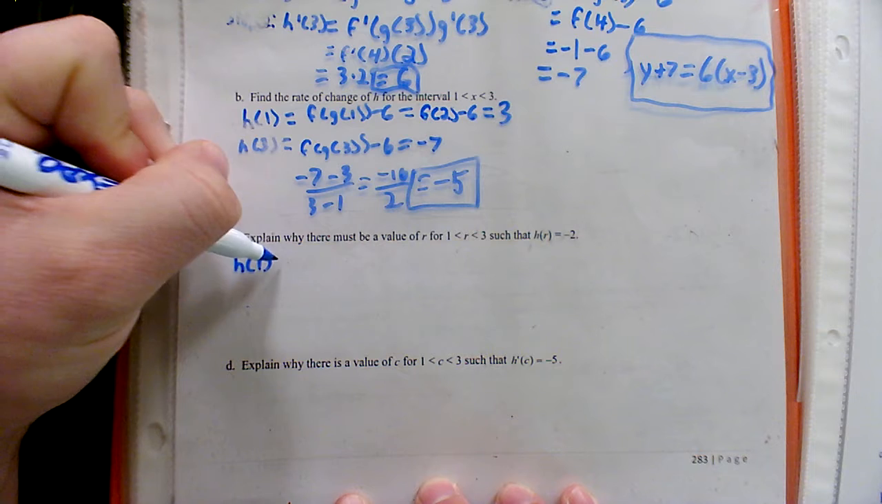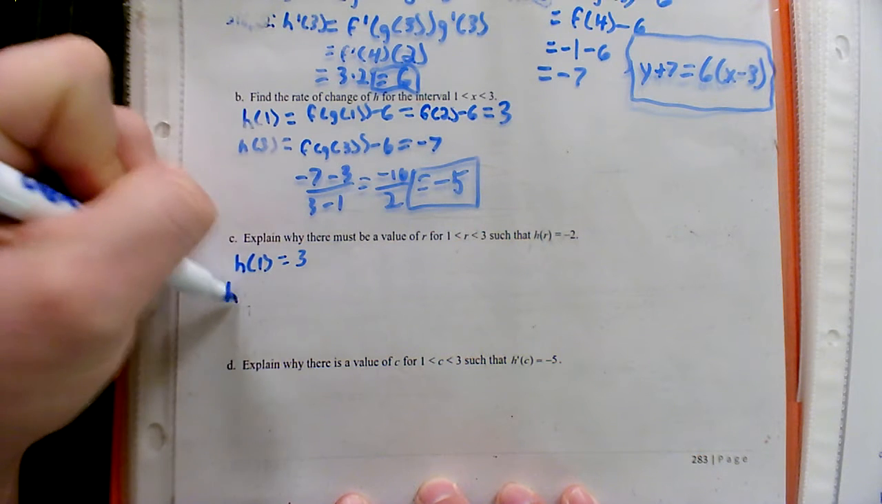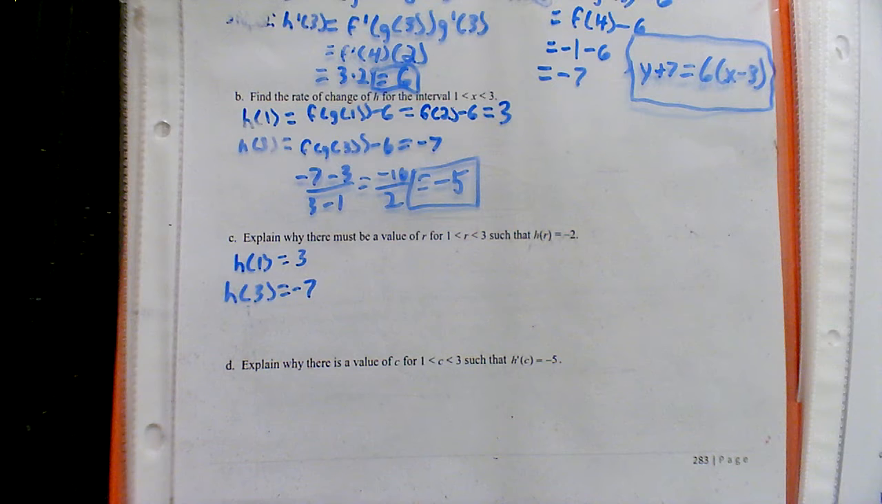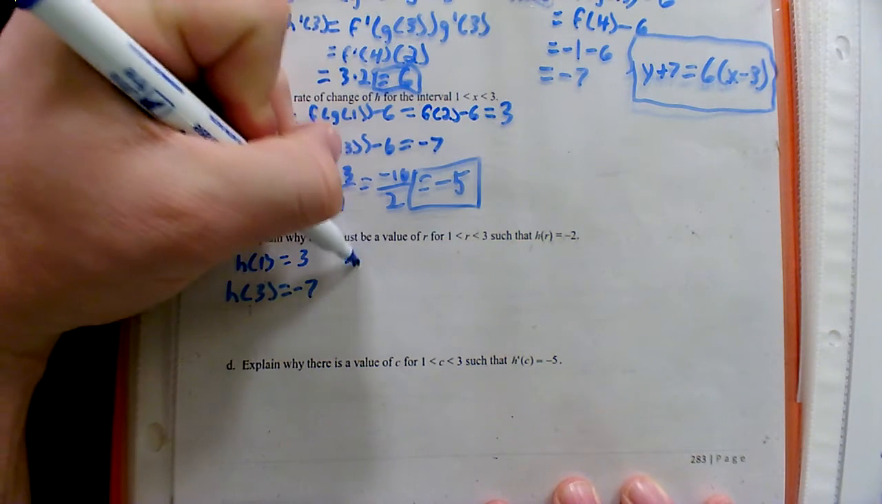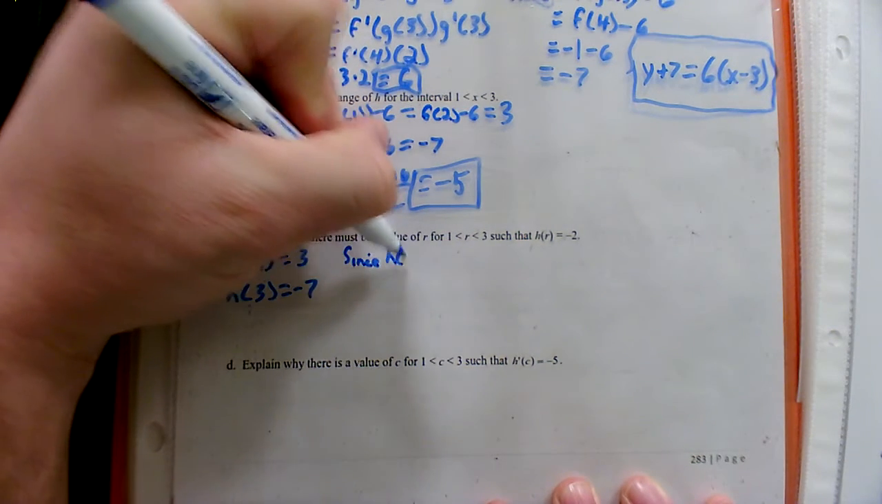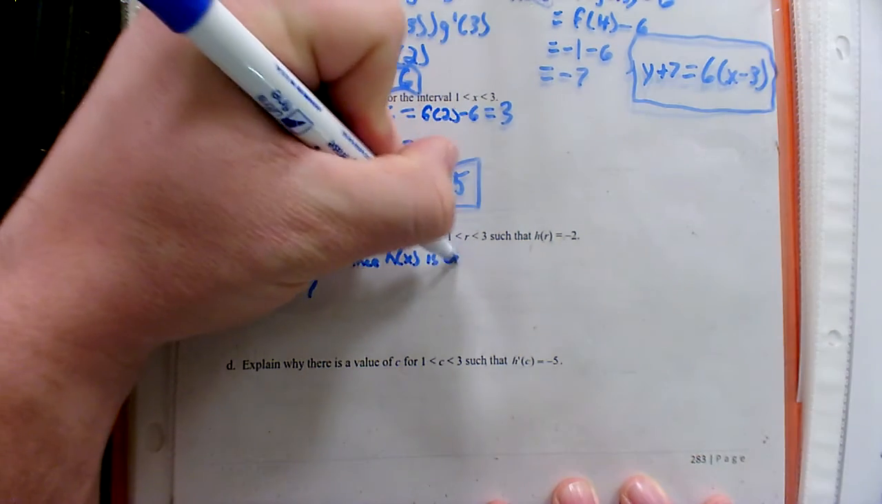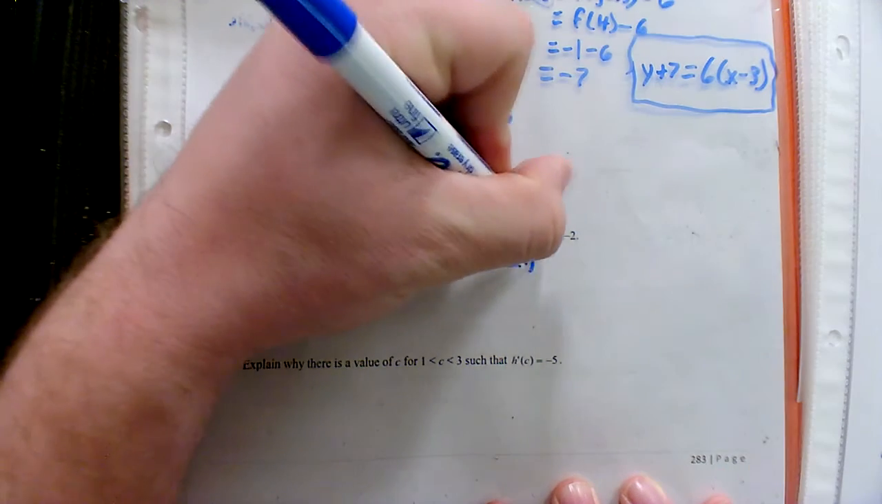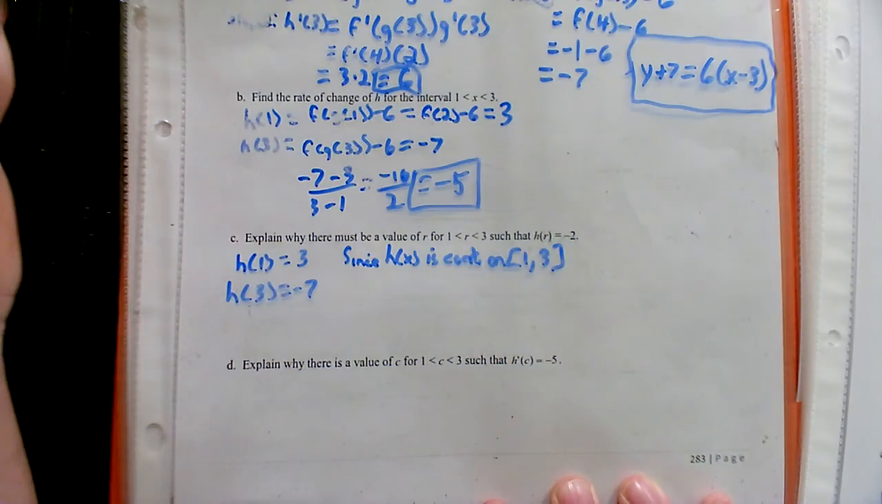So if we think about h of 1, we found that that was 3. And if we think of h of 3, that was -7. So in terms of your endpoints, we're thinking about those two y values that we already found. And he mentioned it was continuous. So since h of x is continuous on the closed interval 1 to 3,